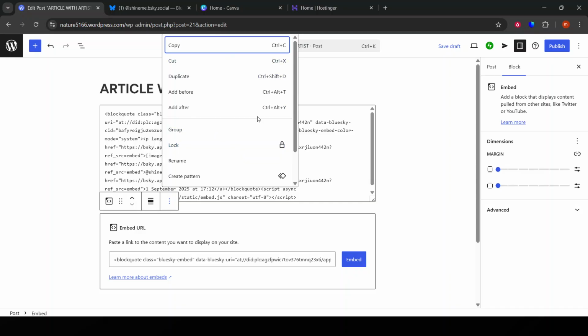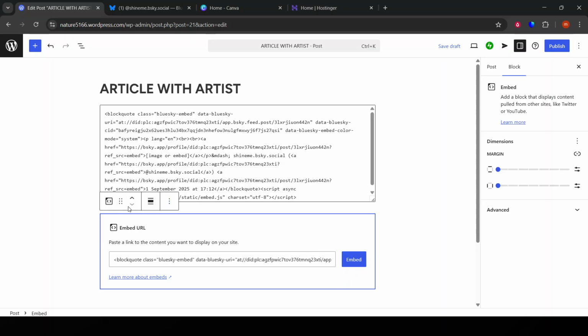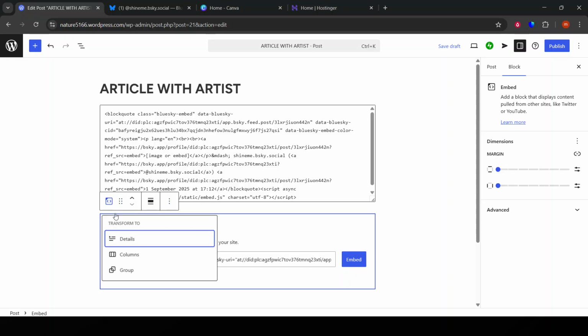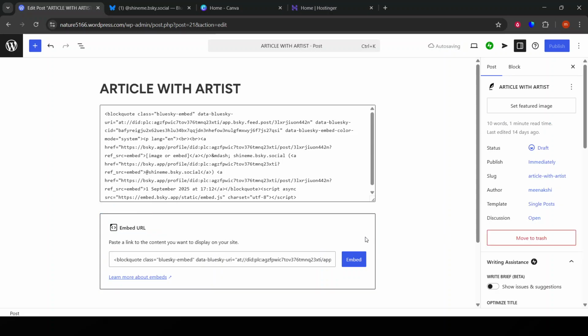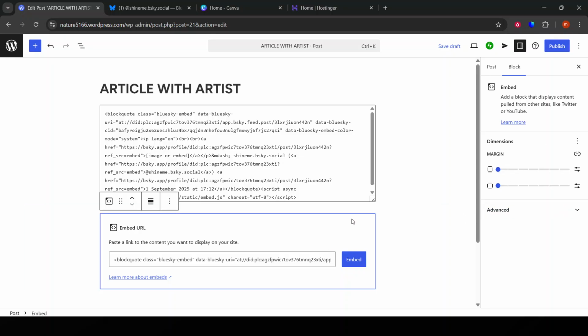Finally, once you're satisfied with how it looks, simply hit Publish or Update. Your Bluesky post should now be live on your WordPress site, ready for your visitors to engage with. This simple method allows you to keep your web content dynamic and fresh, engaging your audience with the latest from